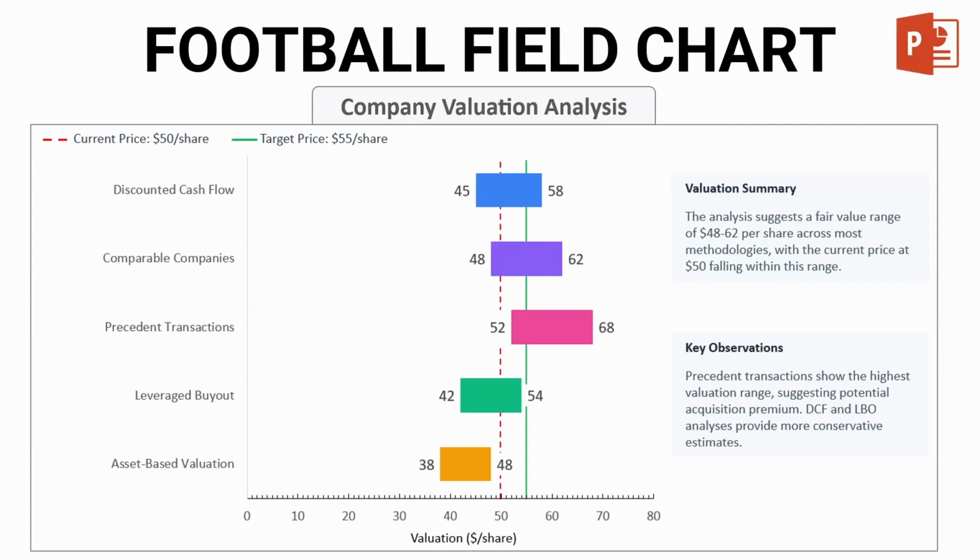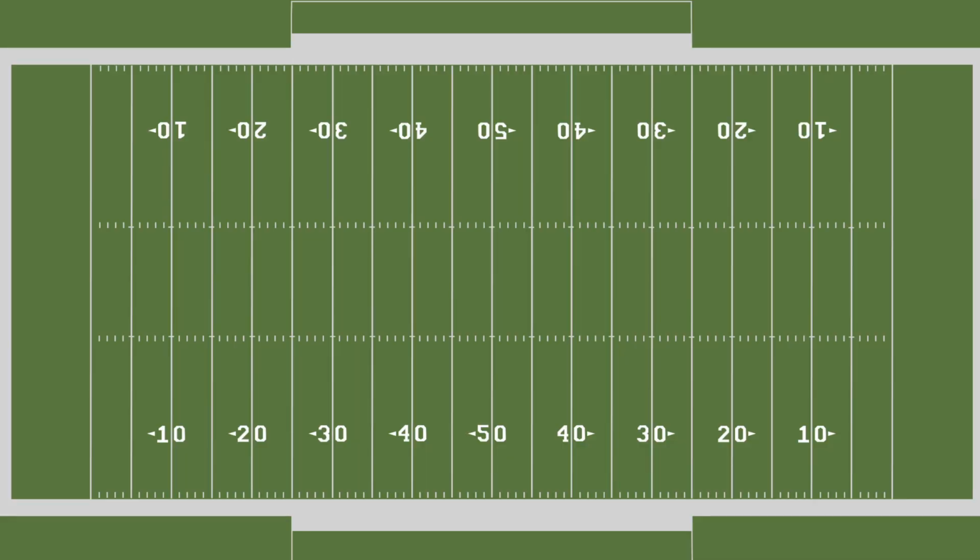Hi everyone, in this video we will look at how to create a football field chart. A football field chart is a type of visualization commonly used in finance, particularly in investment banking and corporate valuation work. It displays valuation ranges for a company using different valuation methods with horizontal bars representing the range of values each method produces. The chart gets its name because the horizontal bars, vertical lines, resemble an American football field with